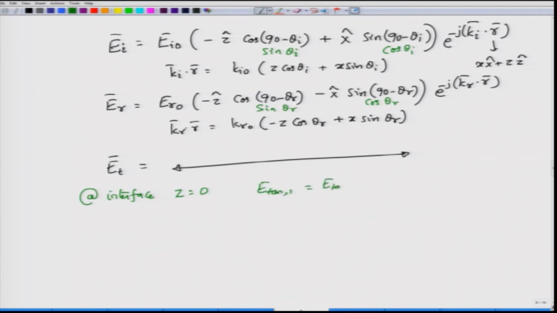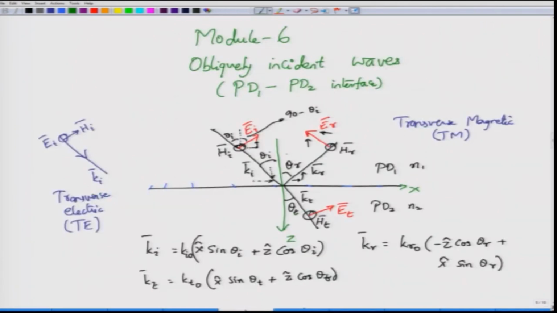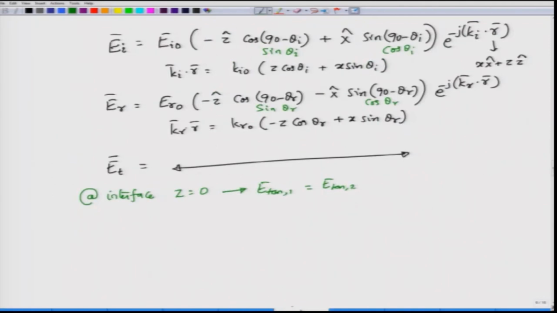So, I have the tangential electric field in medium 1 being equal to the tangential electric field in medium 2 at the interface. In medium 1, I have the tangential electric field, which is the incident electric field along the plus x direction, and the reflected field component along the minus x direction. The components along z are normal, so we do not really need to worry about that. For the second medium, the transmitted electric field will have a plus x component, which is also a tangential component. So, retaining only the tangential components, which are the x components from all the field quantities,